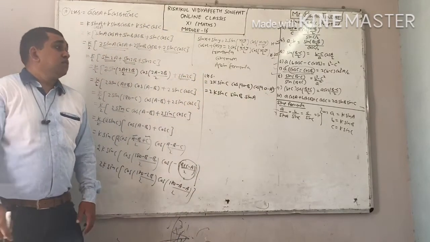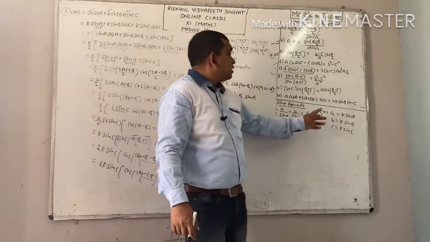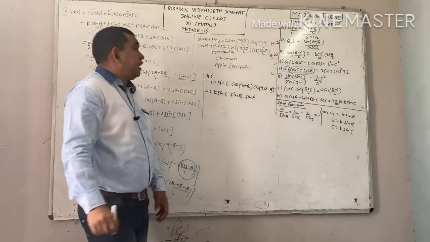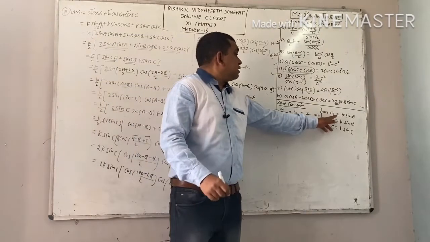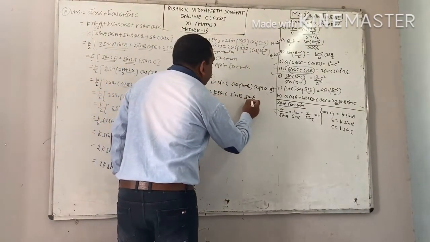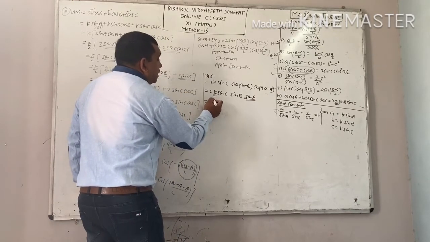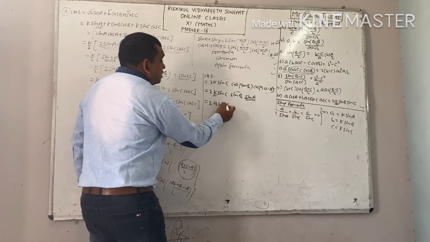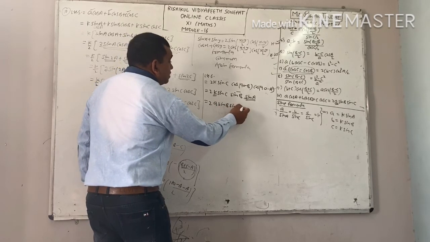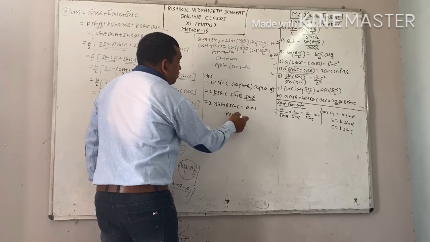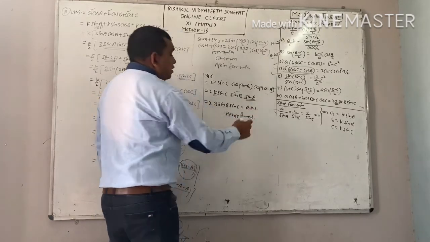Now see your answer. What do you require in your answer? You require small a, and this small a from the sine formula is equal to k sin A. K sin A we already have here. Therefore, in place of k sin A, you write down small a. This sin B as small b, and this sin C as small c. Right? Thank you.